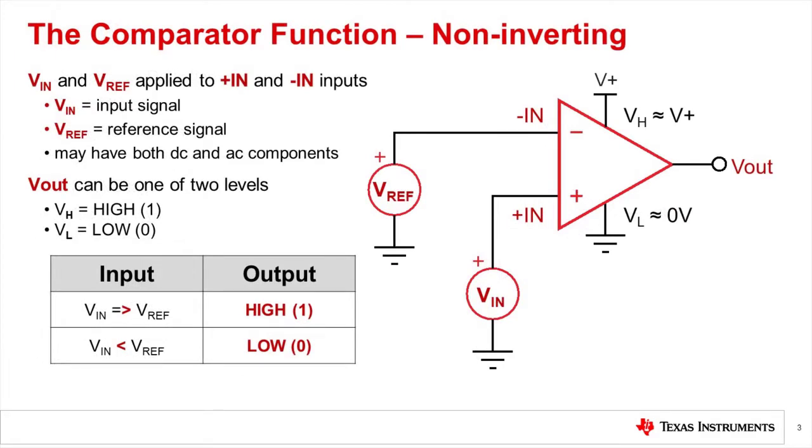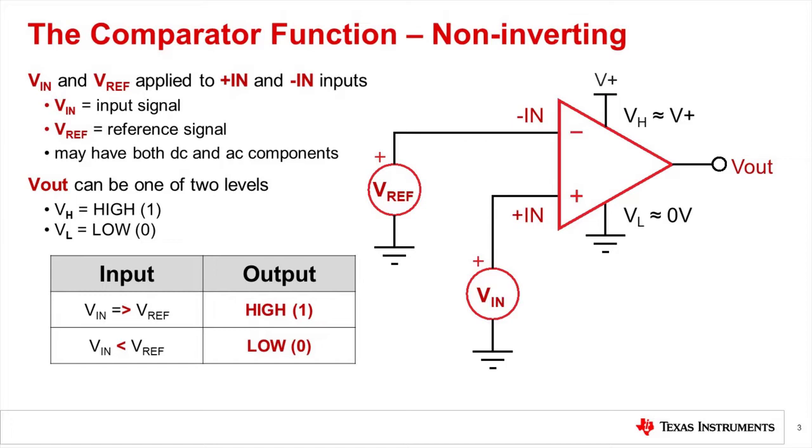And so let's begin by introducing the basic functionality of a comparator. And similar to a standard op-amp, a comparator has two inputs, one output, and two power supply pins. And from a schematic perspective, it looks quite the same as an op-amp, but its intended function is quite different. And the comparator gets its name because it compares the two voltages applied at its inputs, and it sets the output voltage based on that input level.